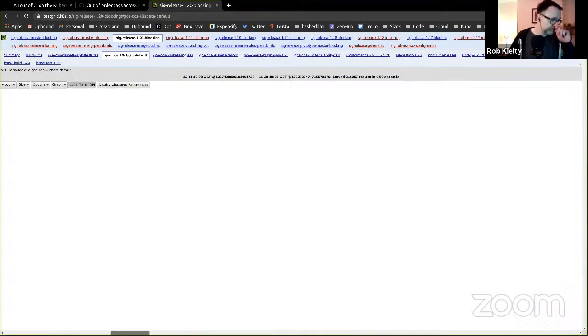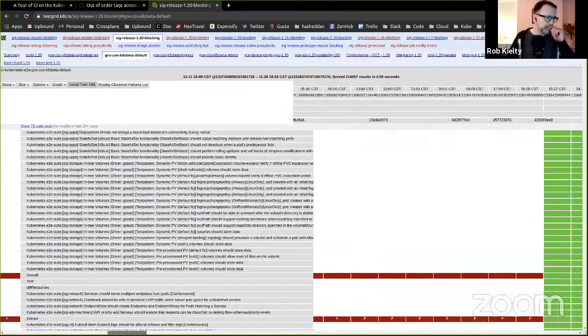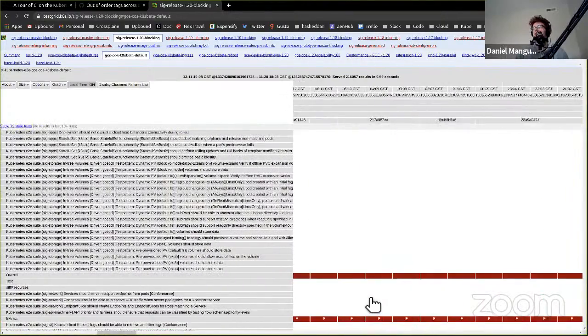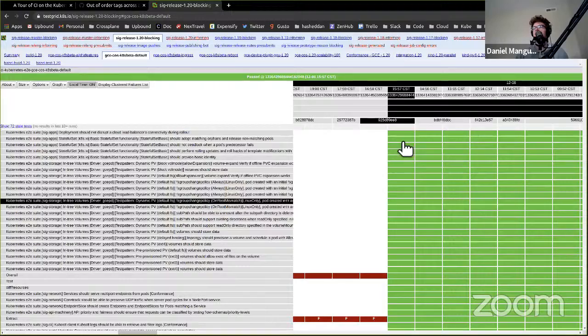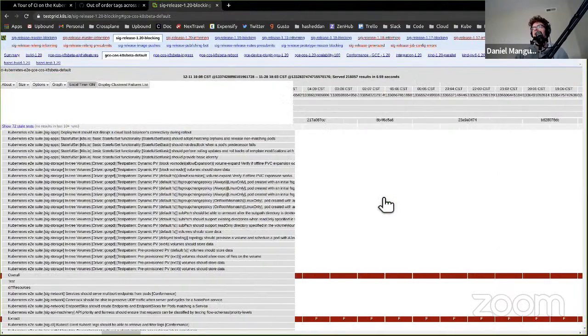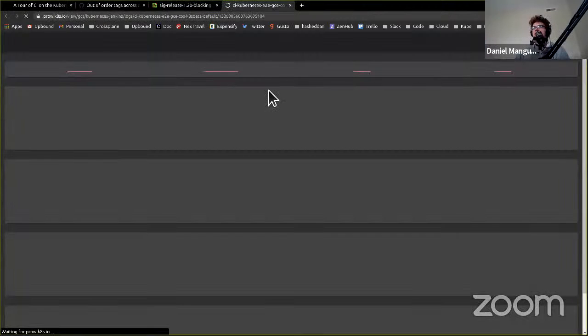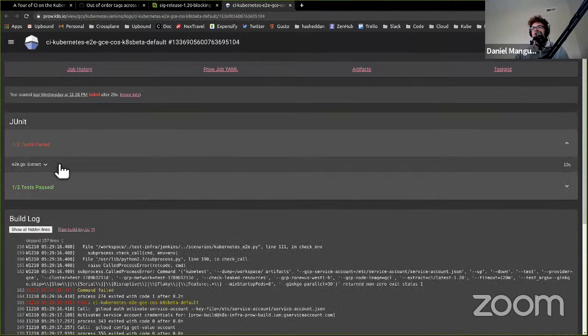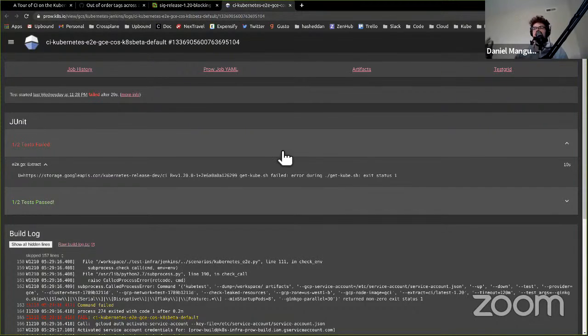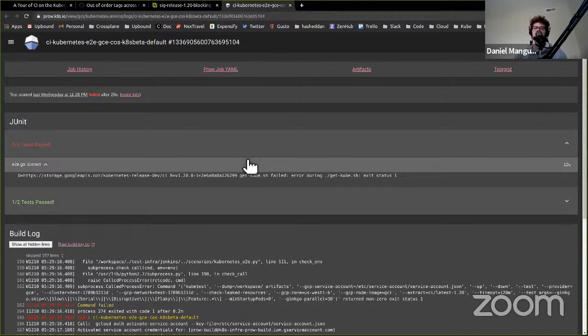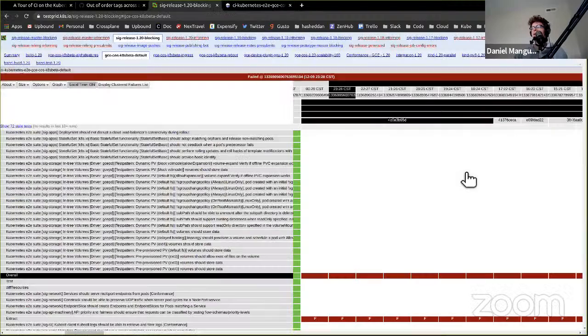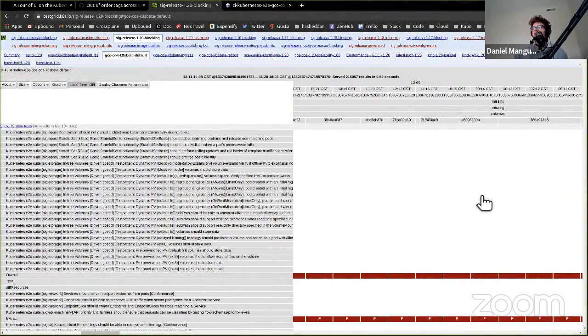Let's go back a bit. Yep. All right. So you'll see that this immediately started failing here, and none of the tests were actually even being run. If we click on one of these, you'll see the extract step, which is basically where we download that version of Kubernetes based on the version marker that we have, was failing, right? So we weren't able to run any tests because we weren't even able to get a Kubernetes cluster to test against. And if we look back at the commits here,